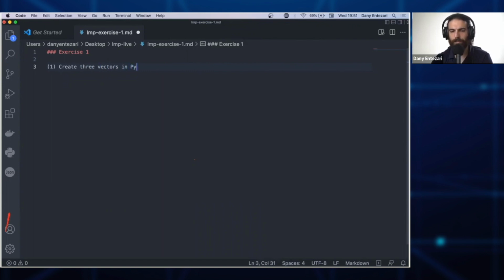Vectors in Python are essentially a list. Or you can even use tuples to do this. Create 3 vectors in Python